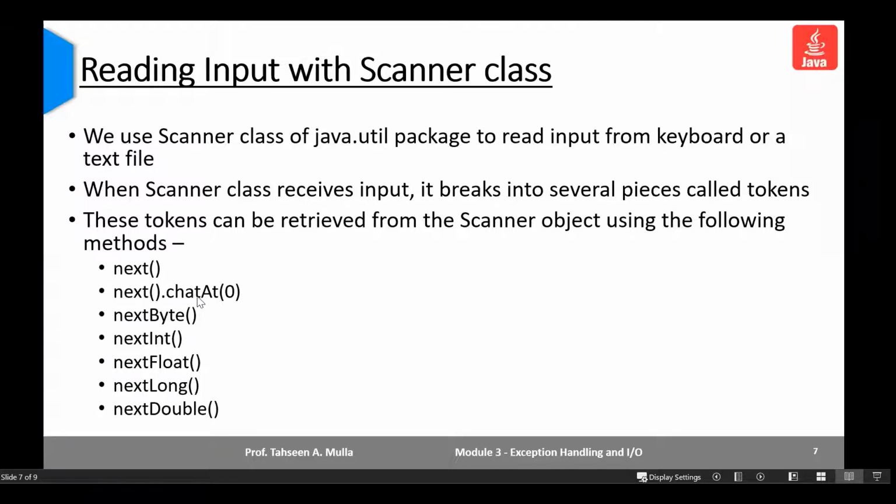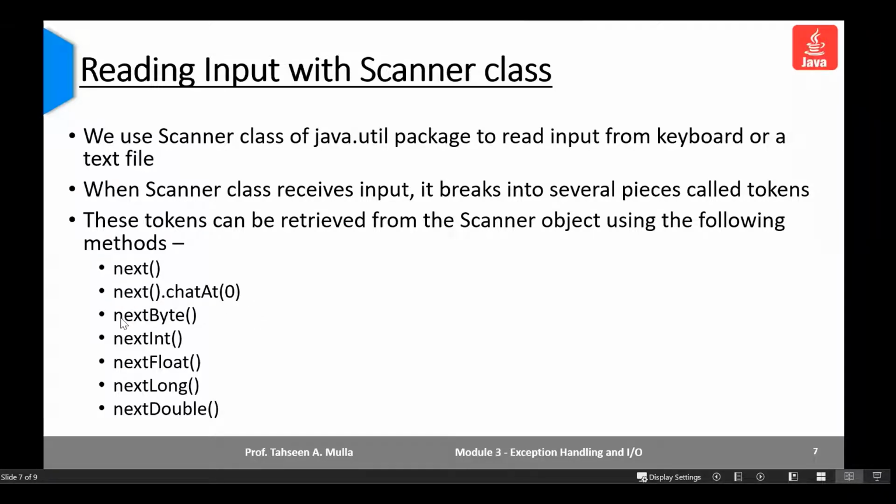This was mistaken earlier; it is charAt, C-H-A-R capital A-T, charAt(0). This represents an index as the parameter, the first character it is going to read, so it reads only a single character.